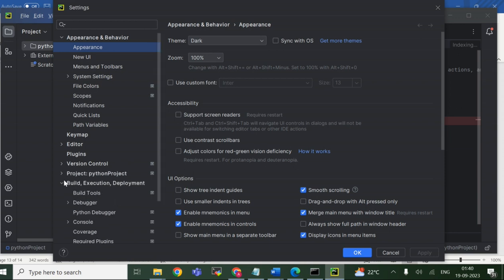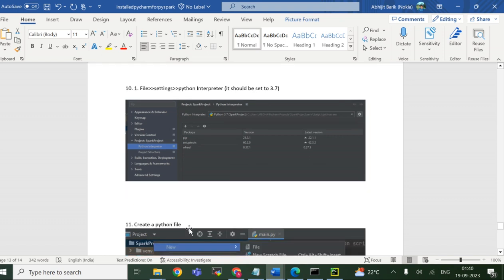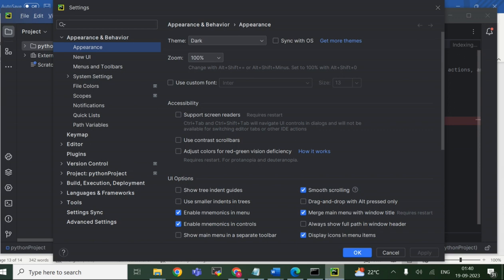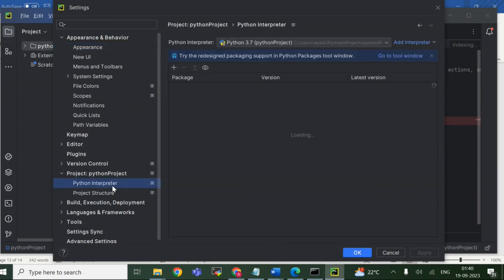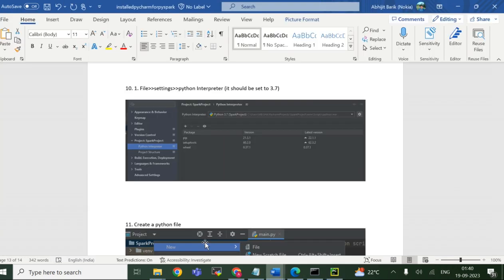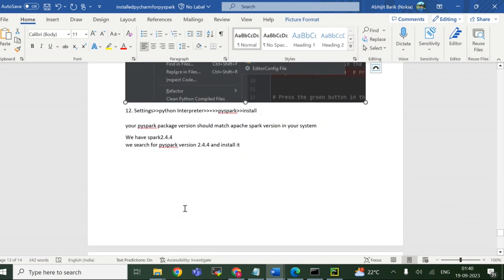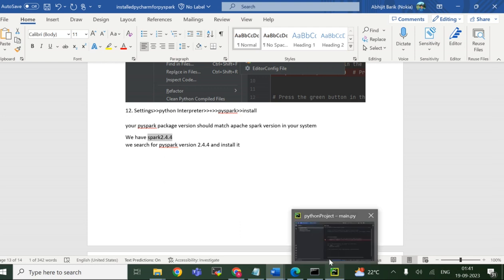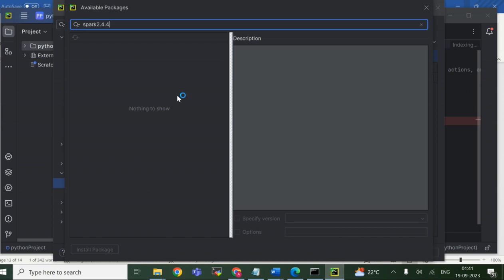Go to the document, project, and under project, Python interpreter. Check. Okay, Python 3.7 is already selected, so you have to check whether this Python 3 is selected or not. Then we have to click on this add button, plus button, and add some packages here. For that we have to follow these steps. So we will try to have Spark 2.4 as this package. We cannot download another version, because we have to match with our